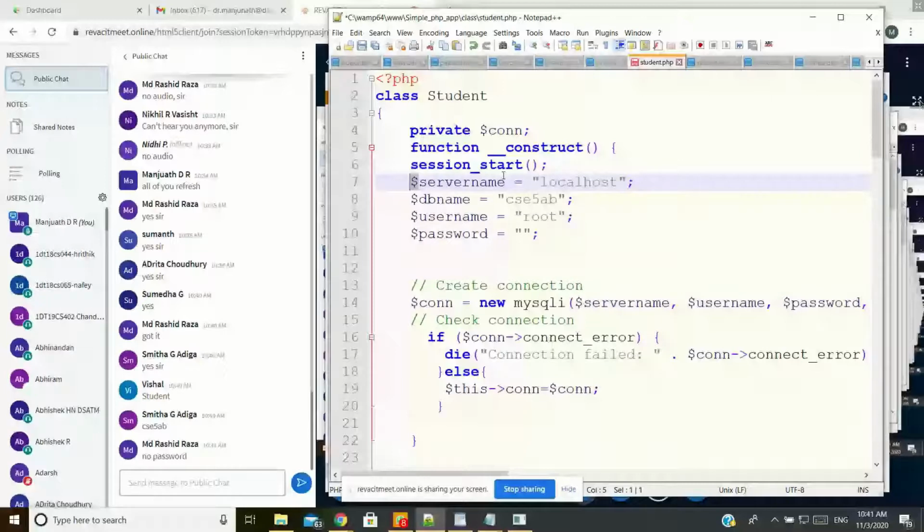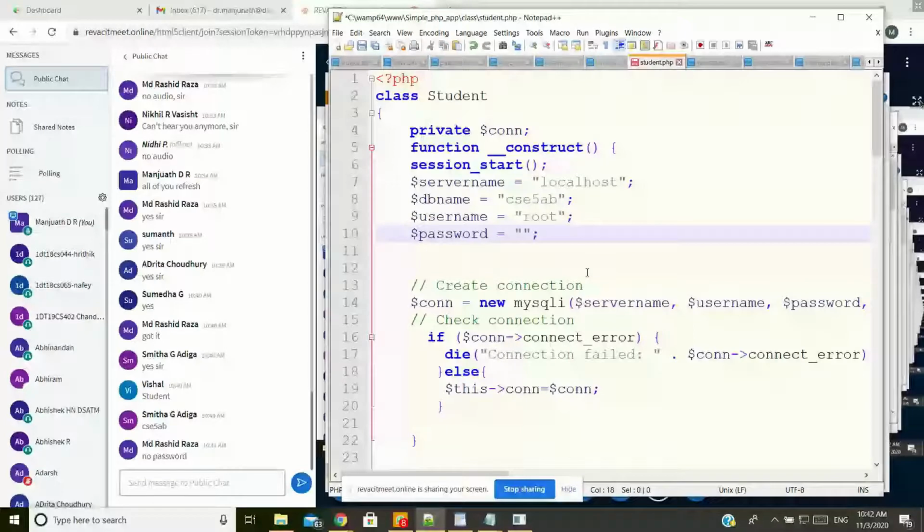So for server name, I have assigned the value localhost. We know why we have given localhost here: my database is created in my system and the server is also running in my own system. Now the database name we have created is CSE5IP, the username is root, and the password is nothing.